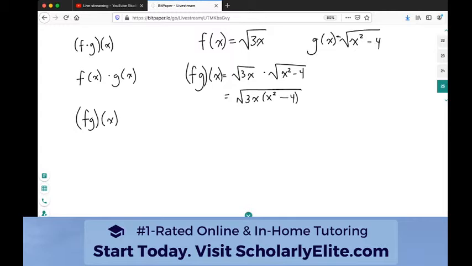Yay. Okay, so basically at this point we're going to get the square root of 3x cubed minus 12x. And this is where we get into the situation about domain and range